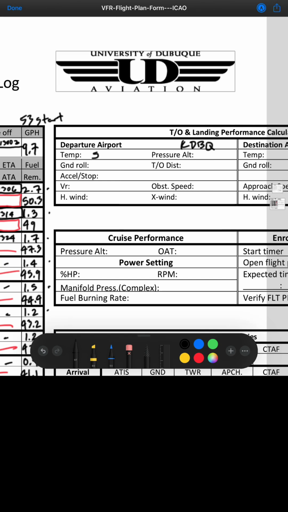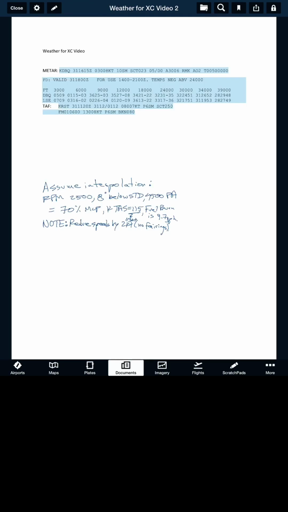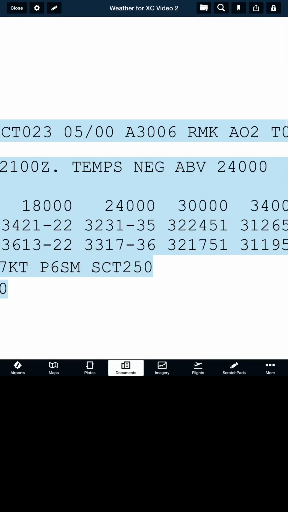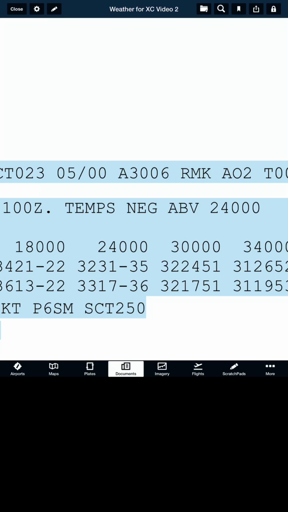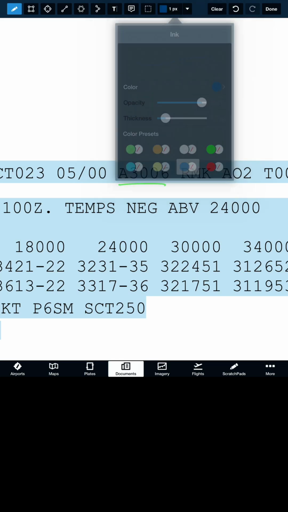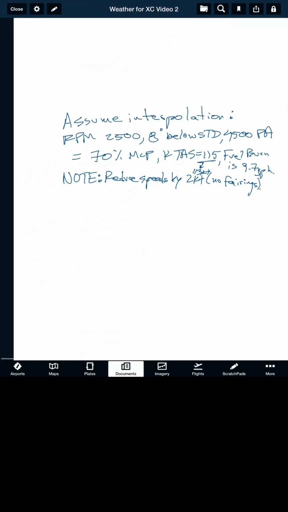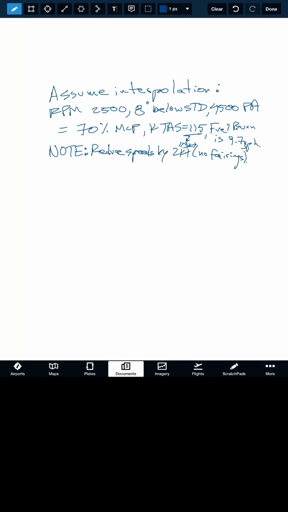So hopefully you remember this from ground school, or maybe you haven't learned it yet, but double check with your instructor, either ground or flight instructor if you're not sure. But remember that your altimeter setting at Dubuque was 30.06. This is the same weather that I've been using for the whole video. And we're going to take a standard altimeter setting of 29.92, and we're going to subtract what we have for our altimeter setting. So when we take 29.92 and subtract the 30.06, we're going to come up with a negative number,